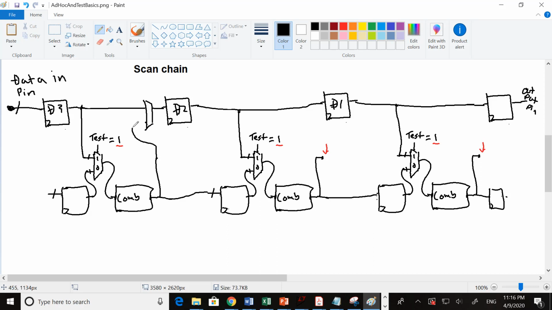And this value goes in here. And this value, let's just do this. That didn't work very well. So I've got that mux, and then you've got that mux. And what happens is